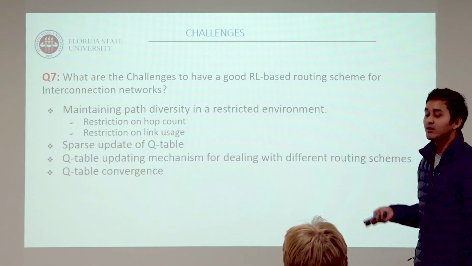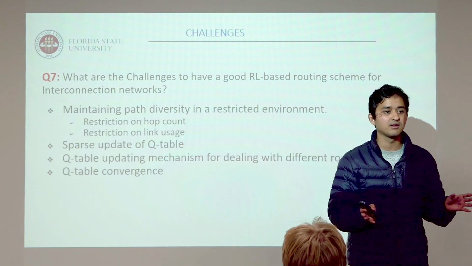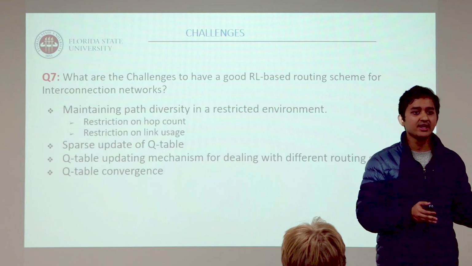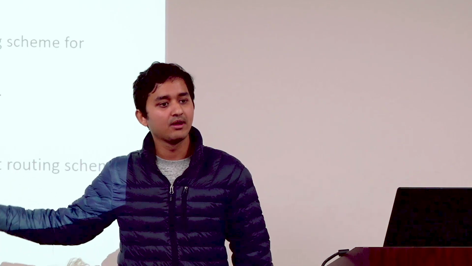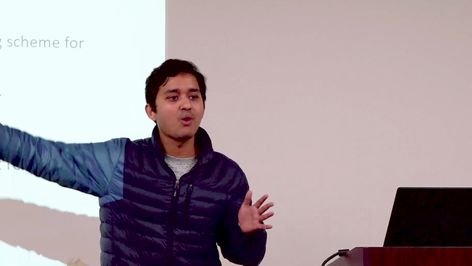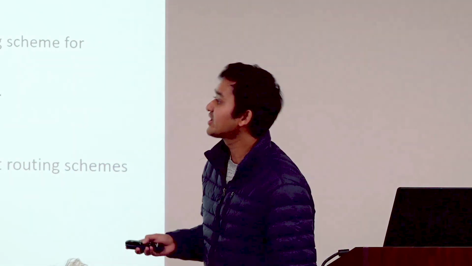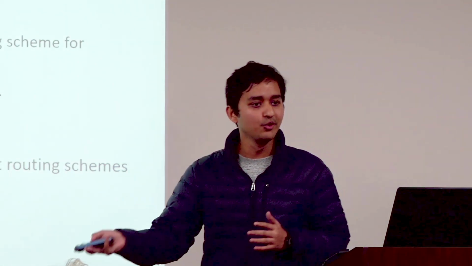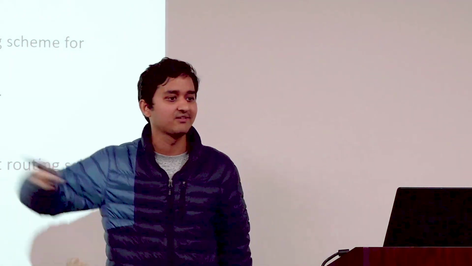And the restriction on link usage. In an interconnection network, there are several kinds of links, like local links or global links. Global links tend to have higher latency than local links, because they are lengthier than the local links. So we need to restrict our routing algorithm's use of them. We do need them, because they are truly distributing your packets over different groups, but there should be some kind of